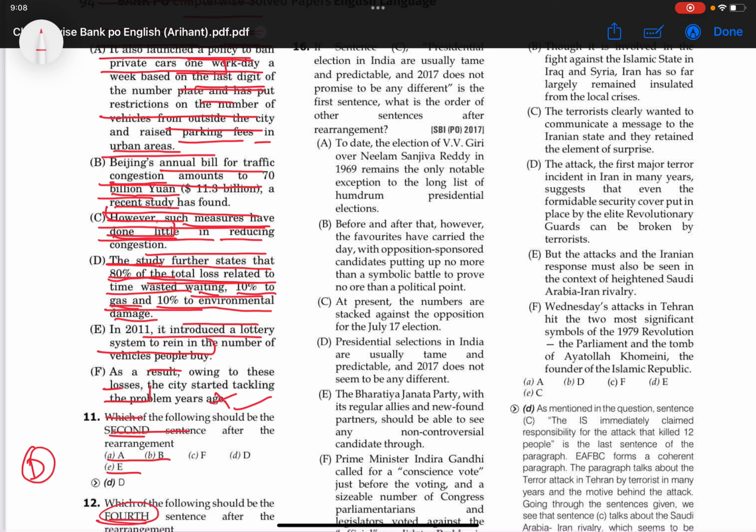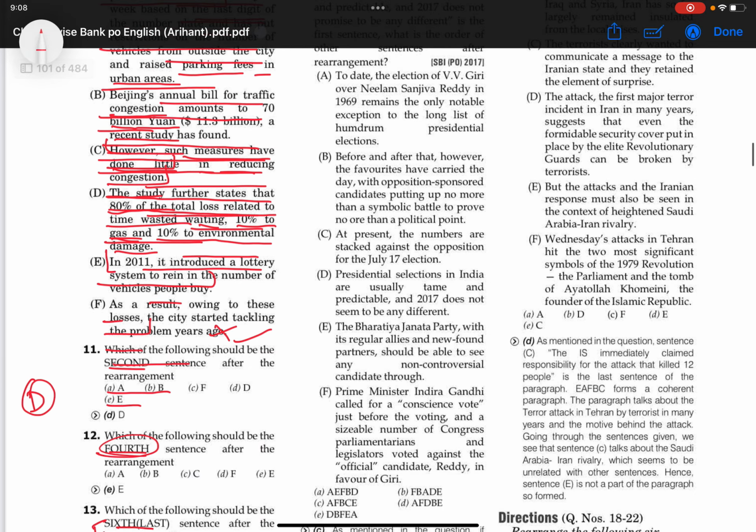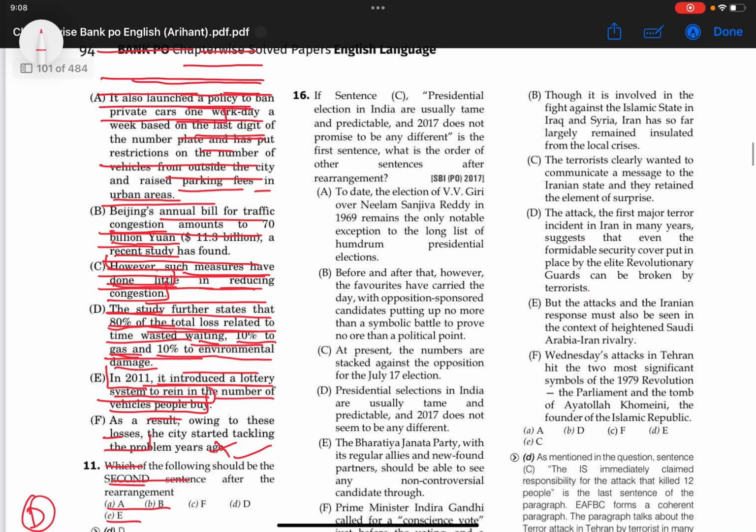done little in reducing congestion। फिर आ जाएगा तुम्हारा ई, in 2011 it introduced a lottery system to gain in the number of vehicles people buy। ठीक, फिर आ जाता है ए, it also launched a policy to ban private cars one workday a week based on the last digit of the number plate, and has put restrictions on the number of vehicles from outside the city and raised parking fees in the urban areas।